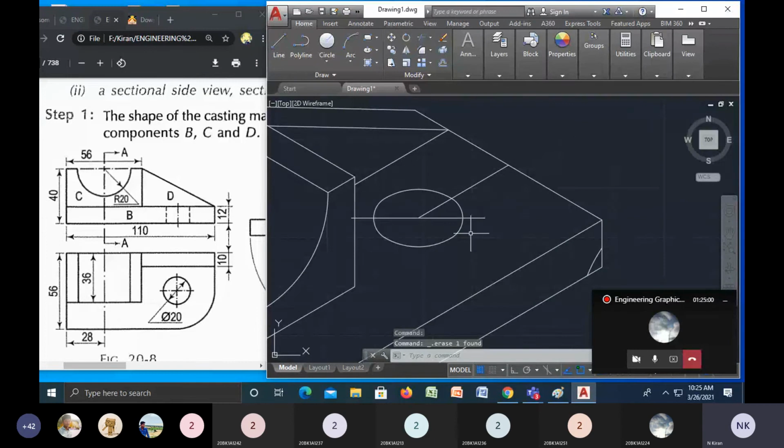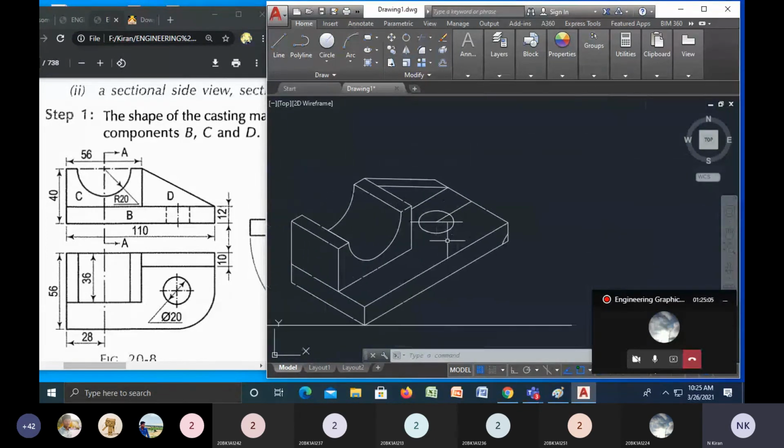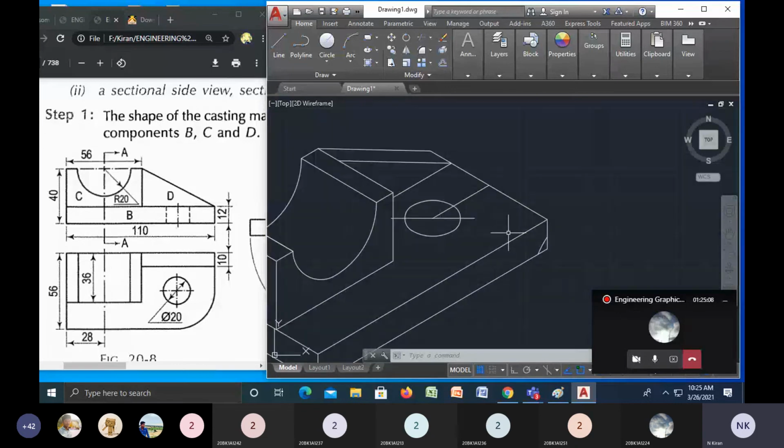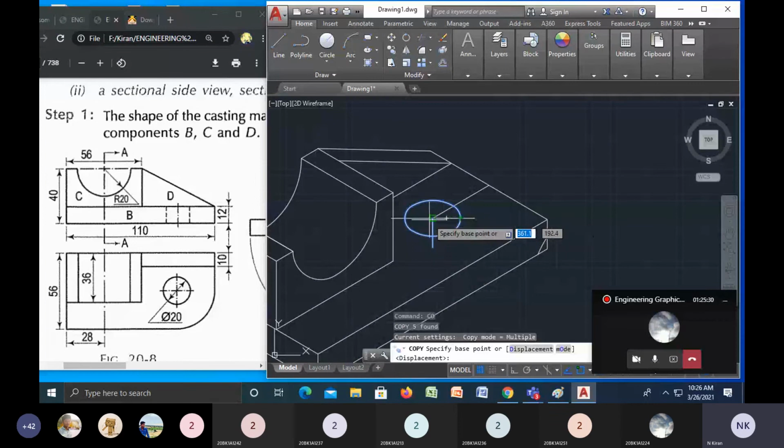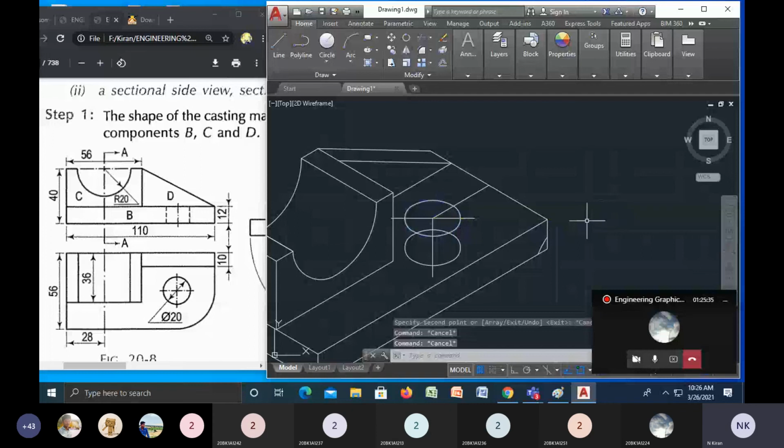Now what I want to see, so as to represent this circular shape which is a cut section, I will draw a line. L enter, from this point. What is the width of this one? 12 mm. I will draw a 12 mm line, enter. Now I will copy this whole circle and place it here. CO enter, base point, and I will copy here. See, TR double enter.